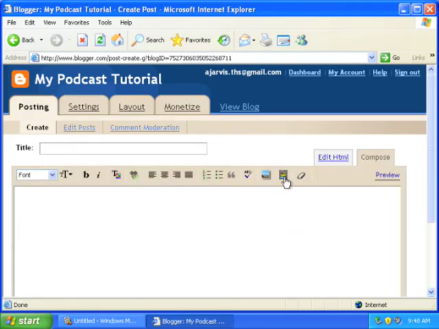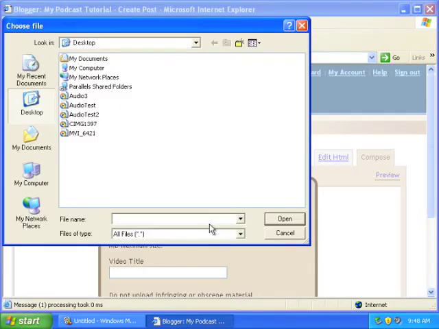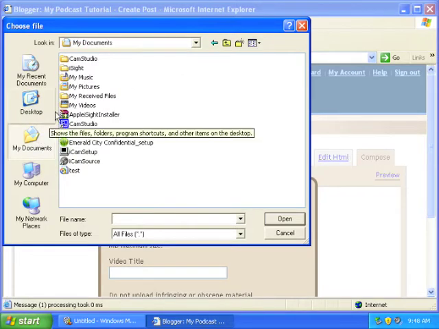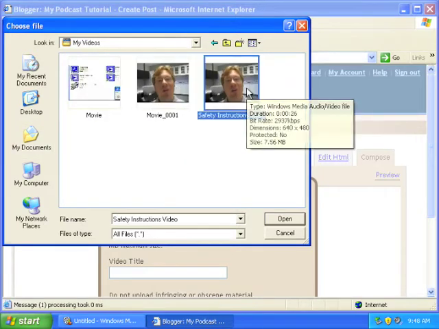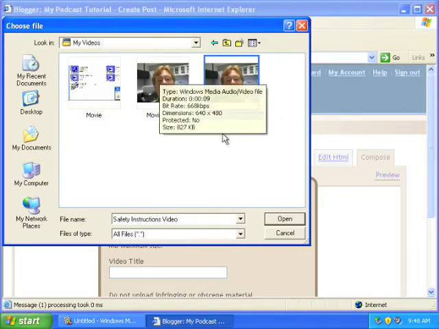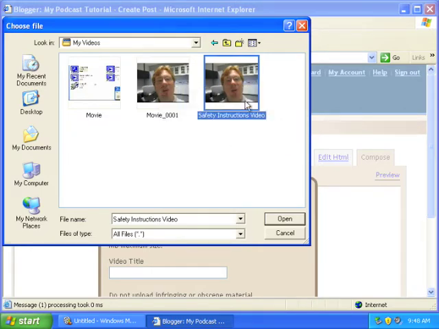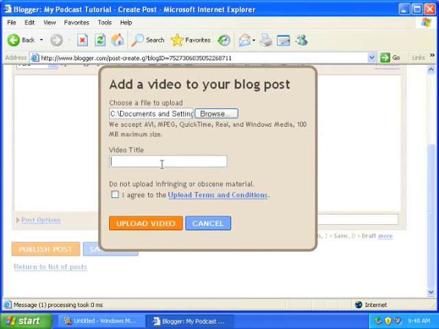And this button that's right up here, we're going to click this Add Video button. We're going to browse, and we're going to go to the My Documents folder, which is where the My Videos thing is, which is where we have what we just saved, the safety instructions video. That's the older one that I saved as I was trying to figure out how to do this earlier. Alright, and so I'm going to click Open, and we can title the video